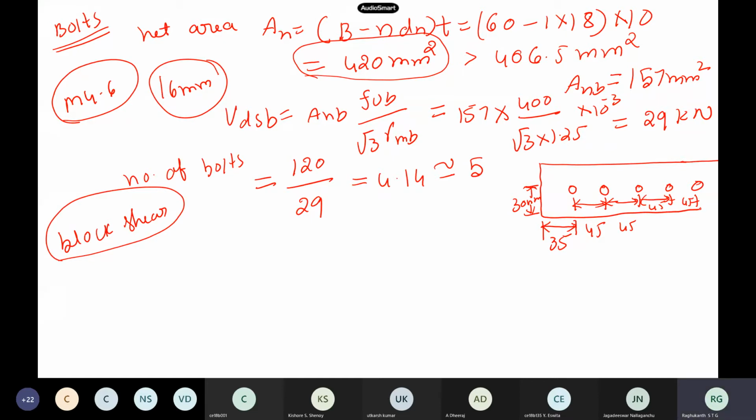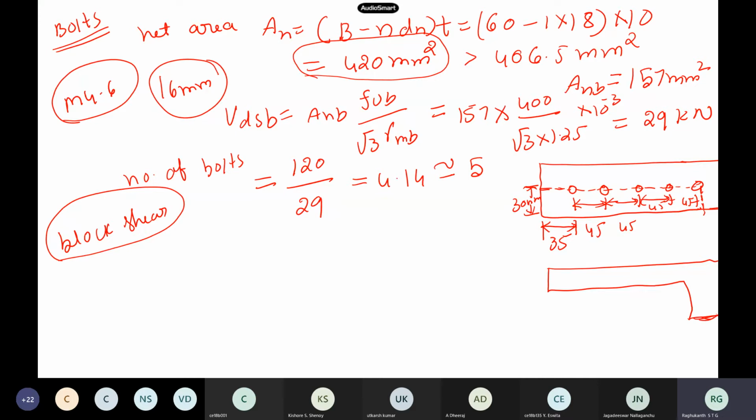So this is a member. Okay, so it is going like this. So how it breaks, we have shown for the angle sections. Because it's a flat, only one path will be there. If it is angle section, then something like this. So if I take this as my block shear, this portion of the flat is becoming this, it is going like this. So the flat block shear failure goes somewhere like this. So this is how the failure path is there.